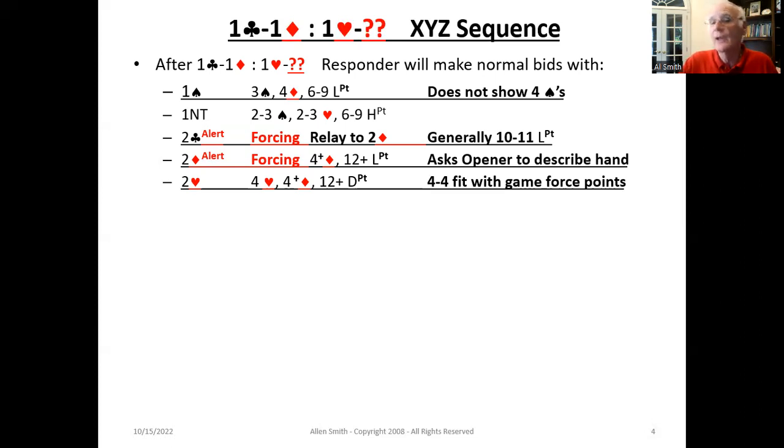Normally, 2 hearts in this case would mean that you've got a 4-card fit and 6 to 9 points. But because the responder did not bid hearts first, they bid diamonds. They are saying if they have 4 hearts, they're showing 10 plus points. But now in this particular case, it's going to promise 12 plus points because